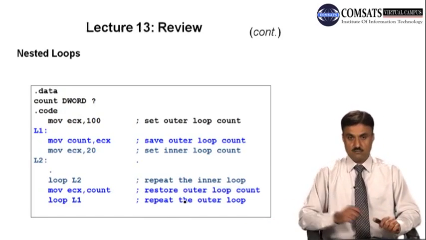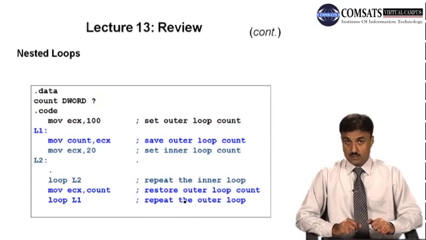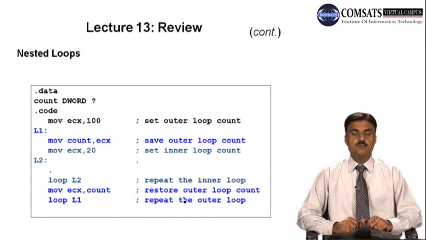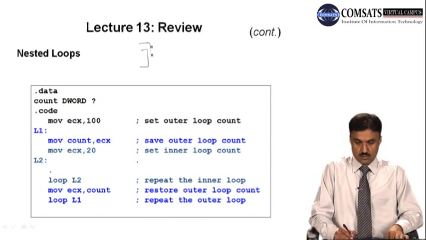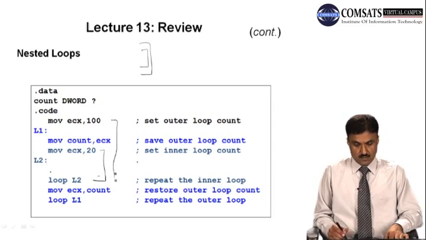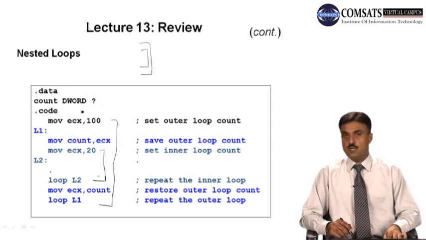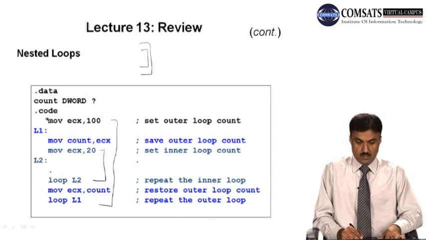normal sequential flow. Now there was some example about nested loops. Nested loops means loops inside loops. There's an inner loop and there are outer loops. So here you can see we have the inner loop, then we have the outer loop. One thing we have to keep in mind, if we are using nested loops, then before starting a loop we assign some value to the